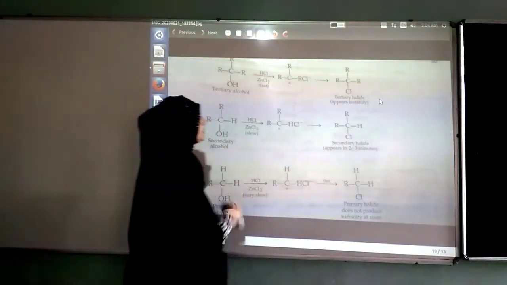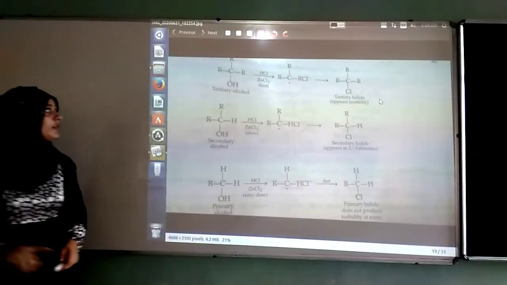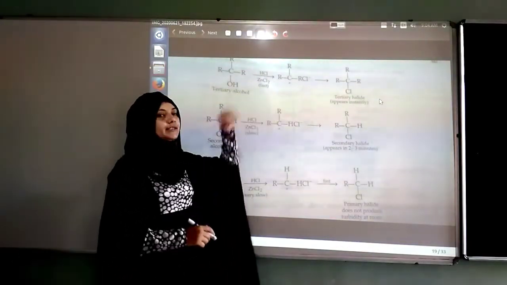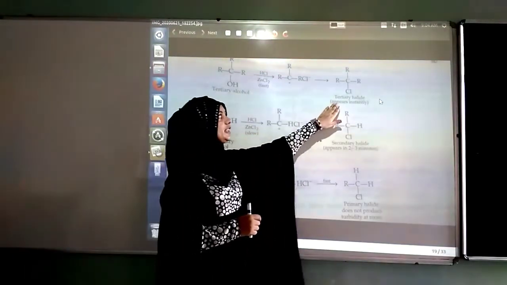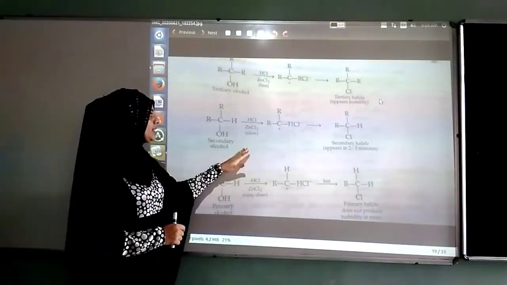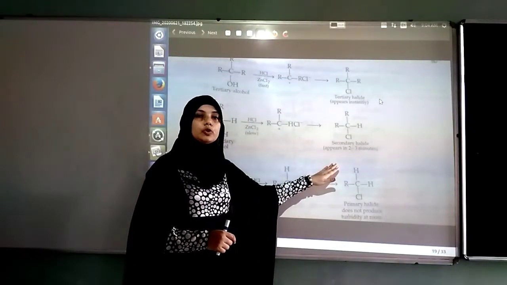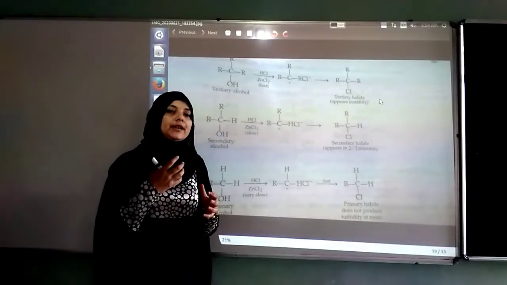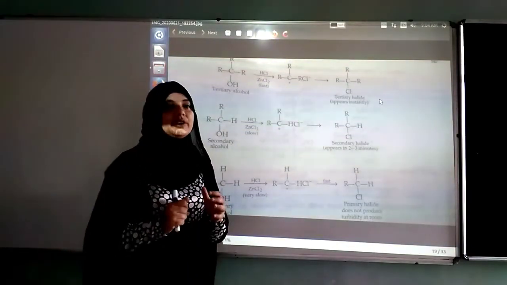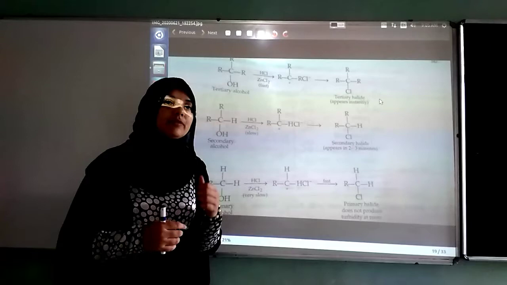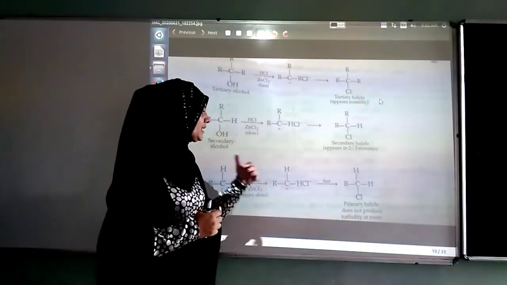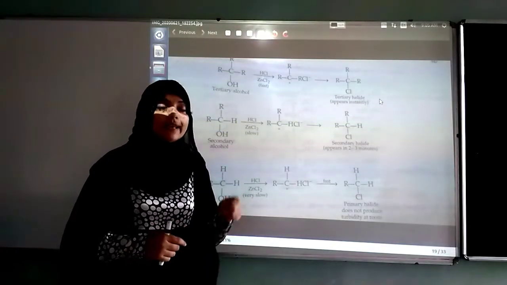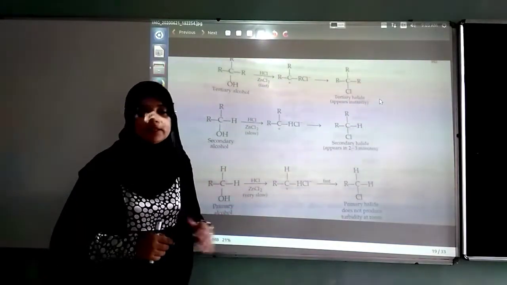Now here you are able to see the three different reactions already given, wherein the first is tertiary, which takes place very fast, and because of that you get the turbidity immediately. If you talk about the secondary, it will take a little bit of time, 2 to 3 minutes. And if you talk about the primary, dear student, it is not going to take place easily. It means that primary will not suitably give the reaction with the Lucas reagent. It will take a very long time. It does not take place at room temperature. Yes, if you heat it, then you will get the turbidity.